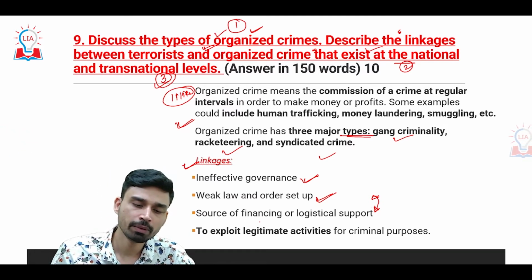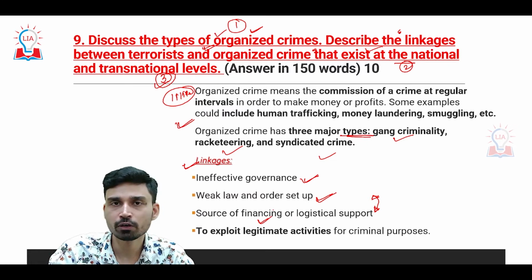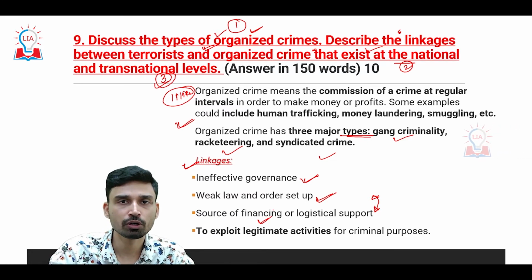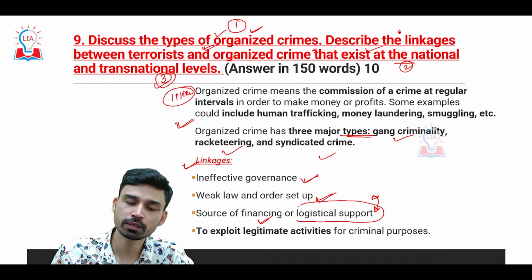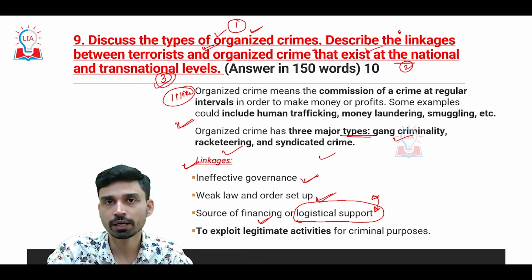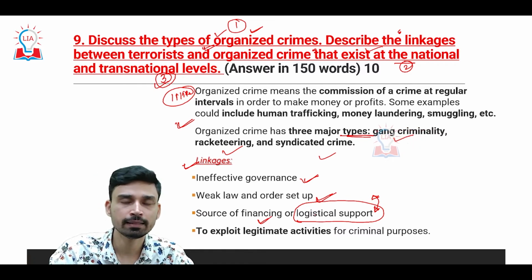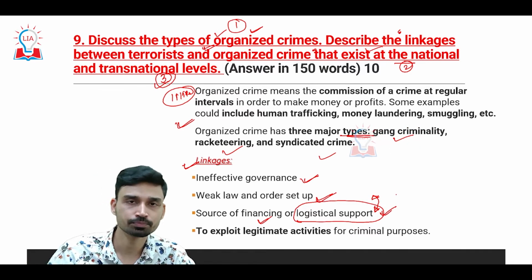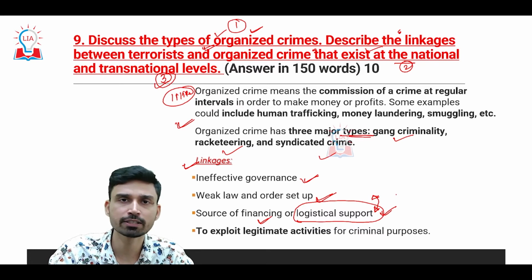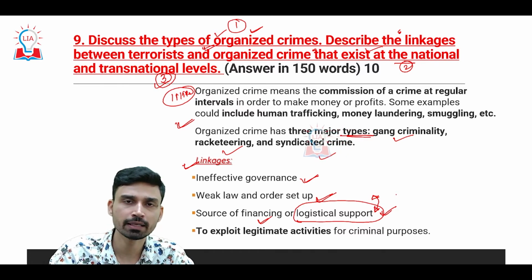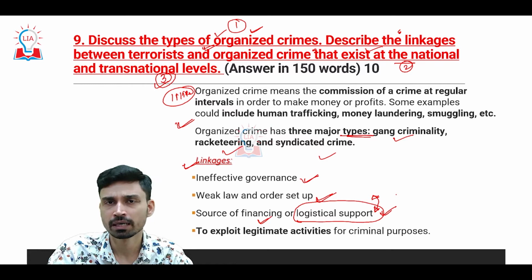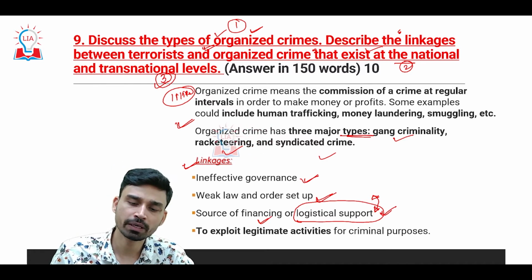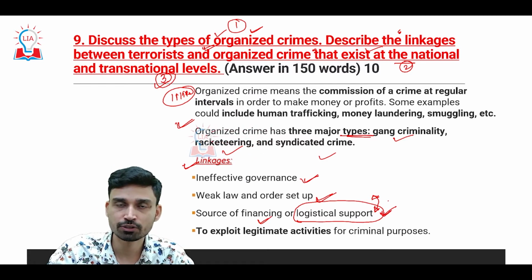So for example, many times for the financing of different operations, organized criminal gangs depend on terrorism and terrorist organizations and vice versa. Also, if a terrorist organization wants to carry out a certain attack, especially if this terrorist organization is located outside of the country, then they can take help of the logistical support from the local organized criminal gang, or they can take help in the movement of arms, or the movement of money, or movement of personnel, or criminals as well, through the operating mechanism of this localized criminal gang or organized criminal